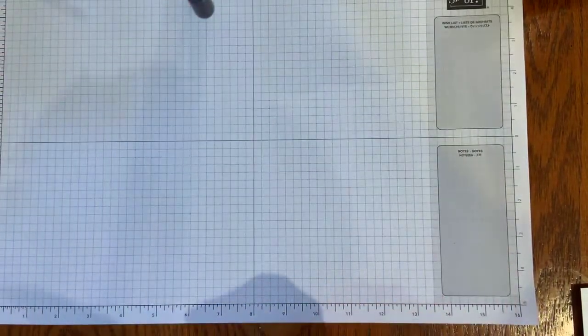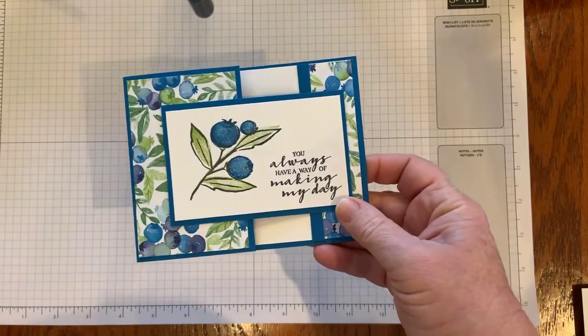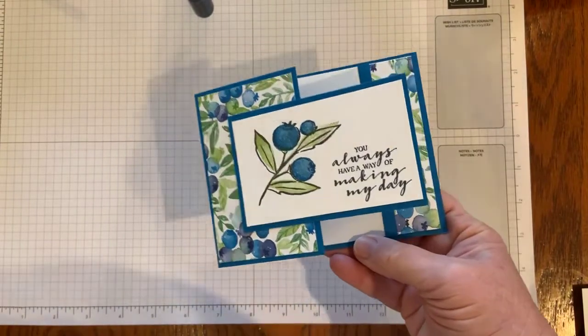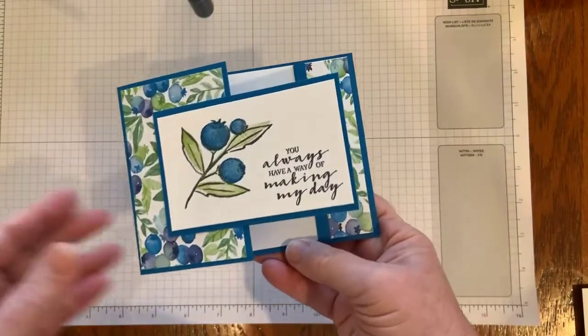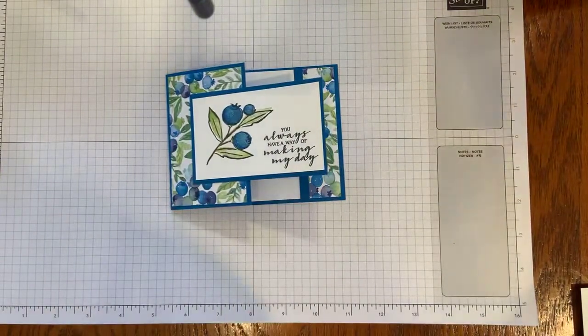And then this is also the example from the Berry Blessings, but in a different color scheme. So that uses the Pacific Point and the greens as opposed to this one where you've got the strawberries. So we have blueberries instead. So what I'm going to do is show you exactly what I did to create that fun fold and